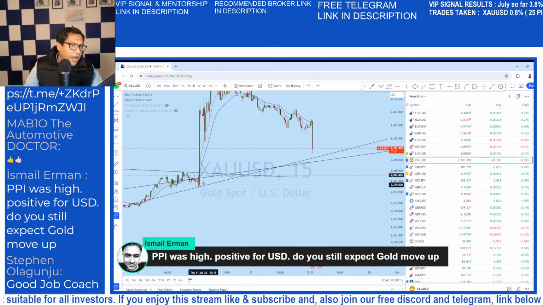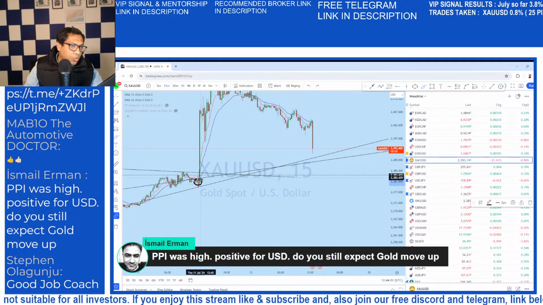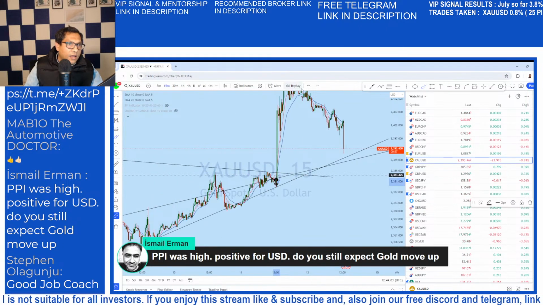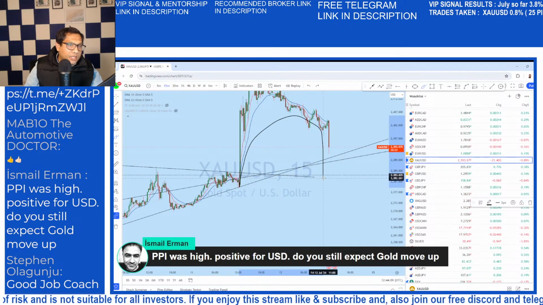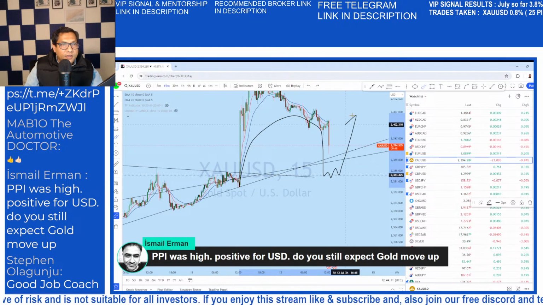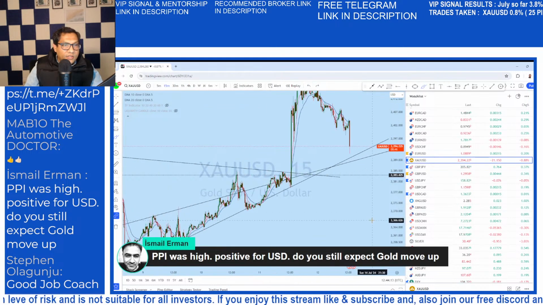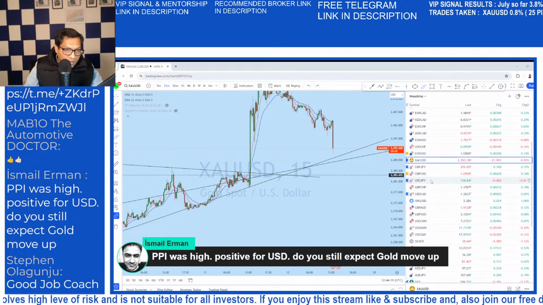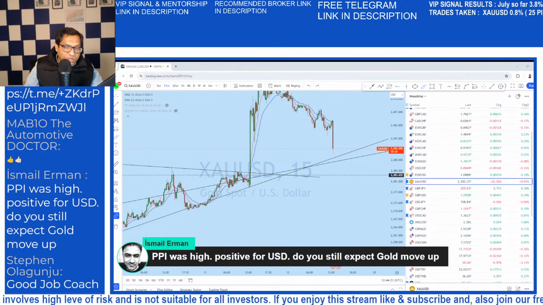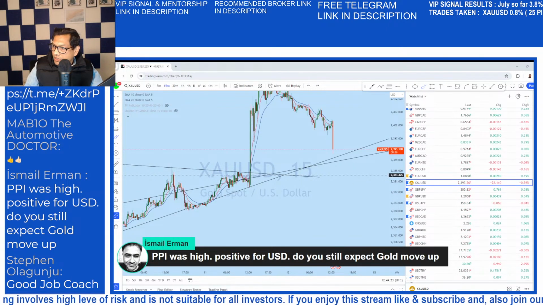I think that gold might, this is an order block. This is where the market had a spike with the PPI. Now PPI is bringing the price back to the baseline. That might give another buying opportunity, depending on the price action. We need to see the price action confirmation, then you can look at it. See that?